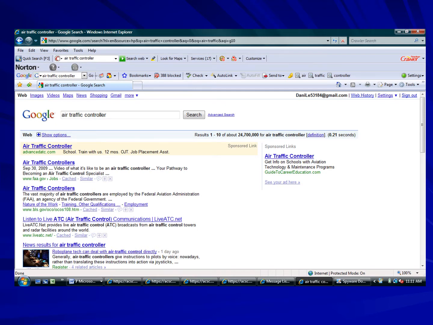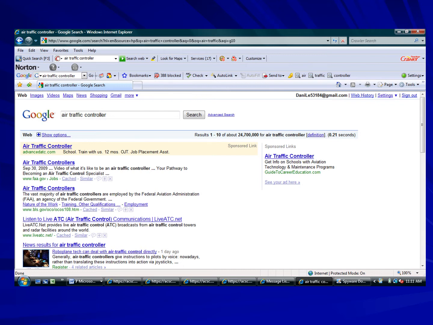So what I did was take a look at the topic area of air traffic controllers, and we're going to go into the fatigue factor, which I know is a topic of interest for one of your classmates so far. So just doing a Google search, which is obviously pretty rudimentary, just putting in air traffic controller,